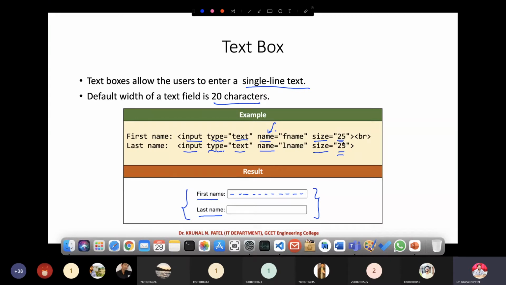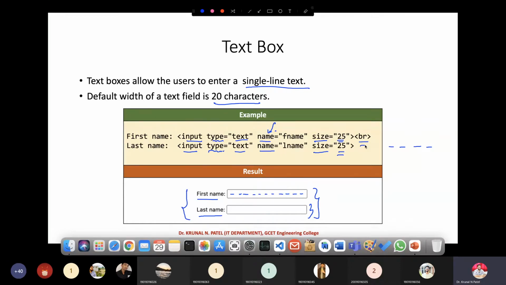As we know, HTML places controls and tags in a flow, so to put the next text box on a new line, you use the BR tag, the break line tag. Now you can understand how to design a text box. Today we are going to discuss all types of inputs and then convert those inputs into an example form.